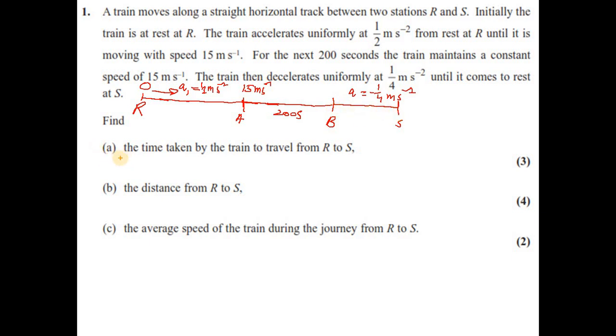So for part A you need to find the time taken by the train to travel from R to S. So you need to find the total time. One method is you can use equations of motion to figure out the time in the first interval and the last interval and then add these up to get the full time. So we assume that the time for the first interval is t1 and the time for the last interval is t3, because this is the third interval, and this 200 seconds I'm assuming is t2. So for t1